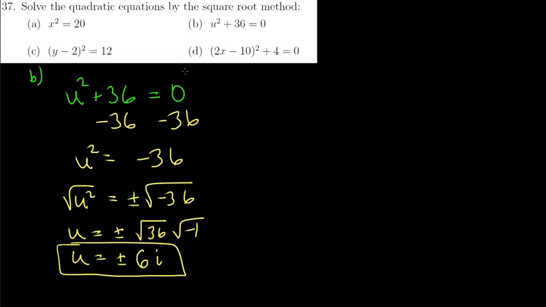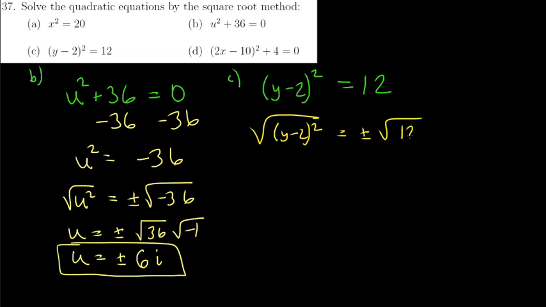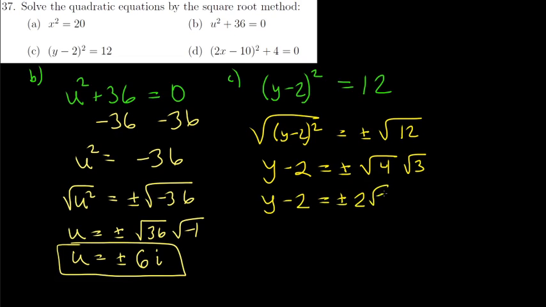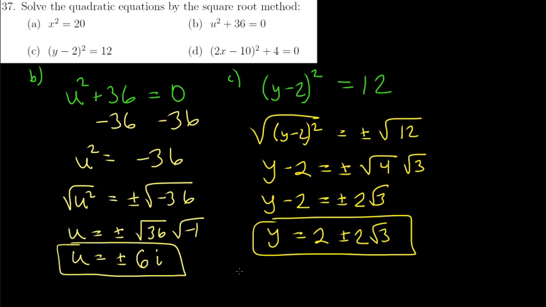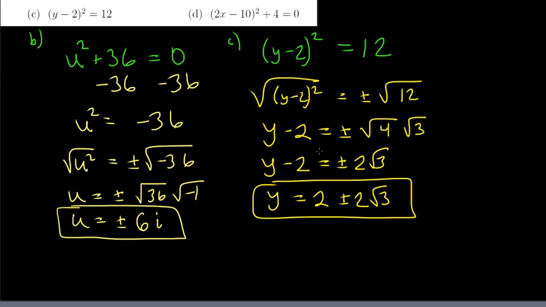Right? Okay, so for part C, y minus 2 squared is equal to 12. So using the square root method, I'm just going to take the square root of both sides, plus or minus the square root of 12. So y minus 2 is going to be plus or minus, we can simplify this, right? 12 is 4 times 3. So the square root of 4 is 2. And now just add the 2 to both sides. So 2 plus or minus 2 square root of 3. And you can leave it like that. Right? And then finally part D,